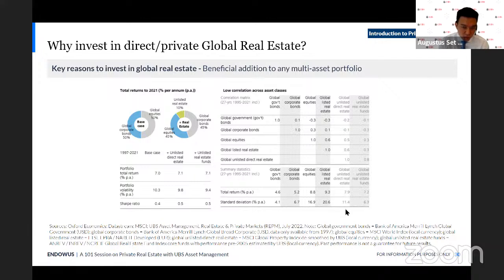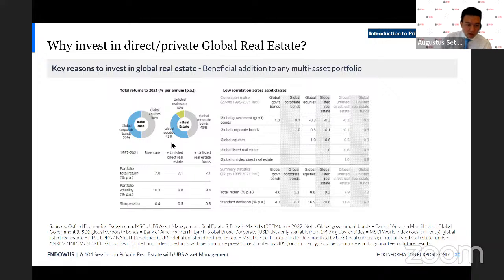Further, if you look at the table right above that, unlisted real estate funds show a relatively low correlation with some of the other traditional asset classes. What that means is that it makes a decent case to be included in a multi-asset or multi-strategy portfolio. That's what the two donuts and table on the left hand of the slide illustrate: historically over a 15-year period, if you had included unlisted real estate into a portfolio that holds traditional equities and bonds, you'll see your Sharpe ratio returns improve while also lowering the portfolio volatility.